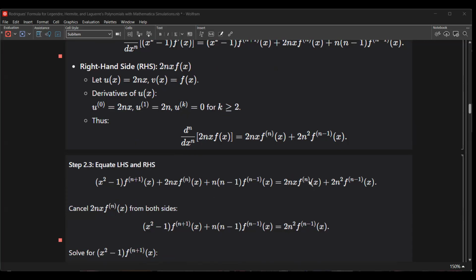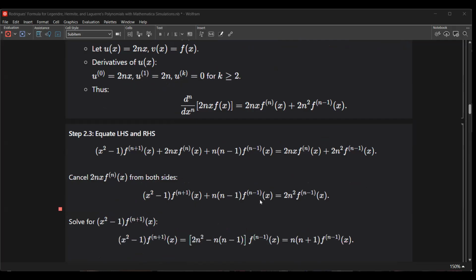So we have the cancellation of 2n x times the n-th derivative of f(x). So we have the remaining expression here. Then solve for x minus 1. So x minus 1 times the (n+1)-th derivative of f(x). So we have the remaining expression here,